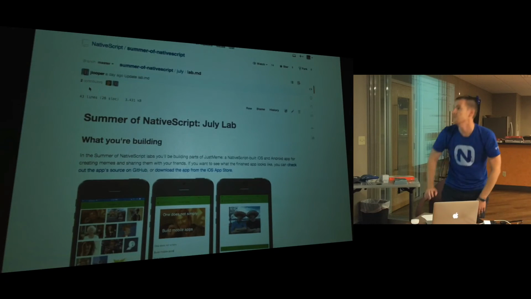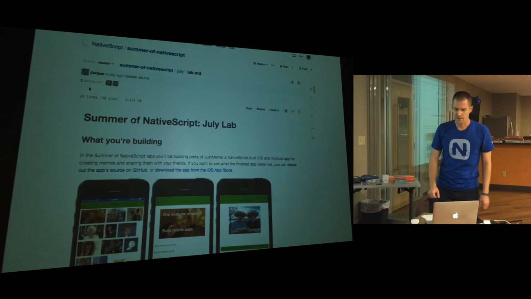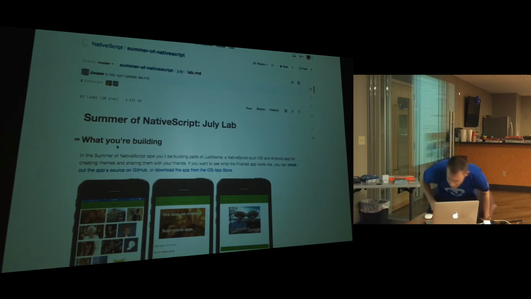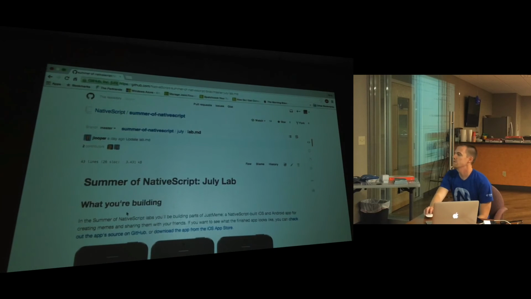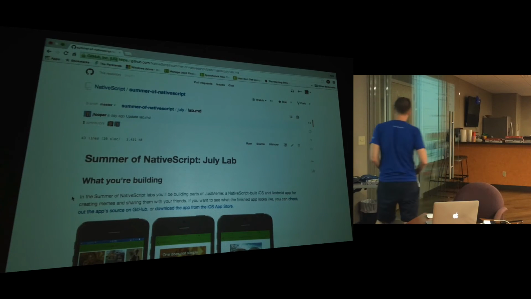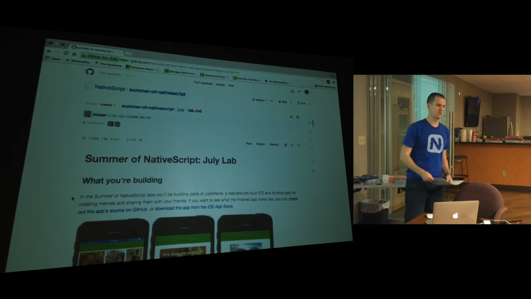This is going to walk you through setting up the lab for July. And what we'll end up having is hands-on labs. There's one in July. This is just a getting started, just to make sure you got everything configured right on your machine, and just poke around and see what you can do with it.